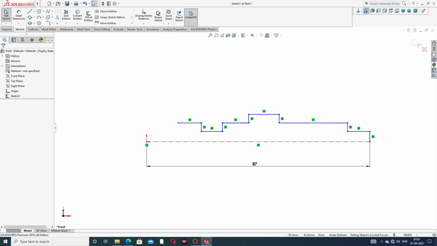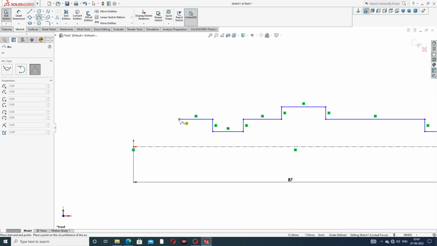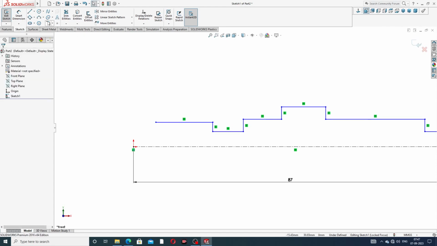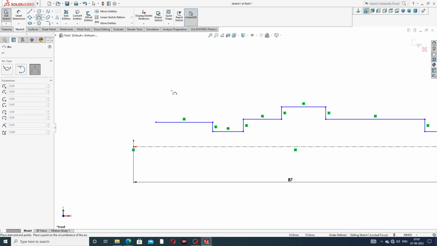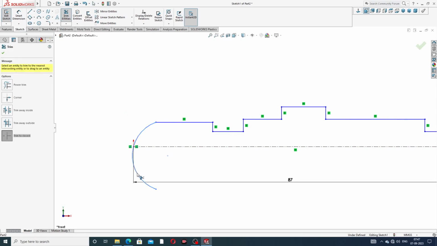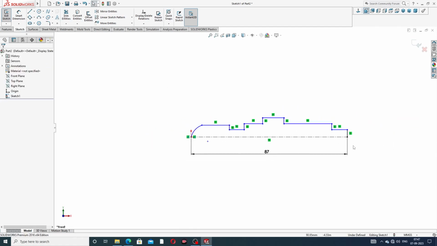Okay, and connect to this 3-point arc, and this. Okay, this length is also this drawing here, and connect to 3-point arc, connect to this point, this to connect to this. Okay, and this, okay, and all